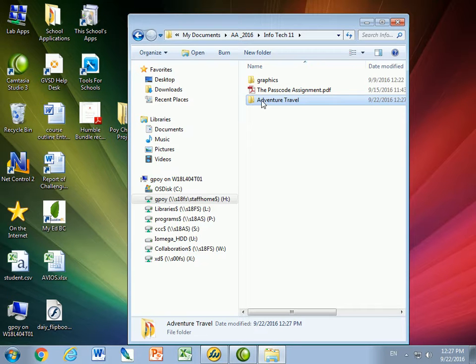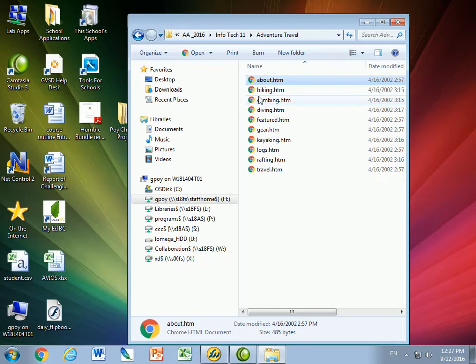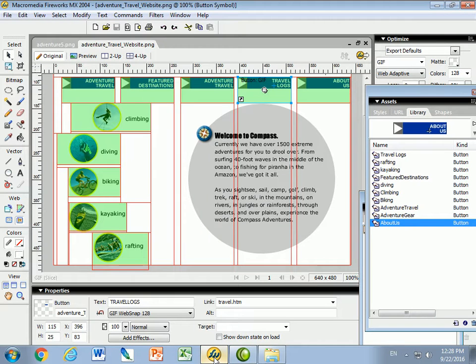Let me take a quick look and show you what's in here. If you look what's in here, you'll see there's About, Biking, Climbing. All the other links are in this page. So right now there's 1, 2, 3, 4, 5, 6, 7, 8, 9, 10 web pages. And what I want to do is put this web page in that folder. So how do I turn it into a web page? What I do to turn it into a web page